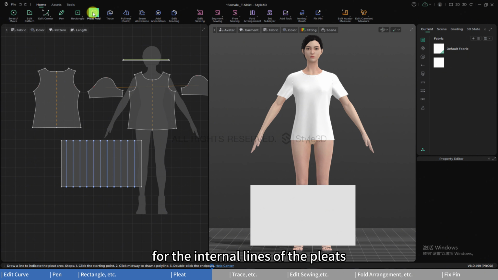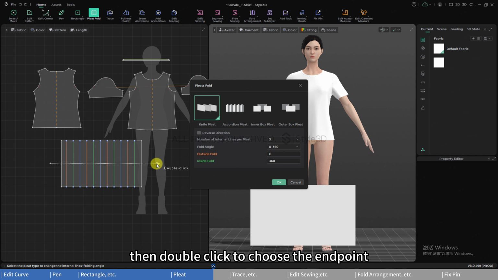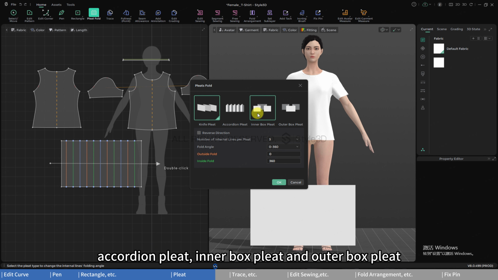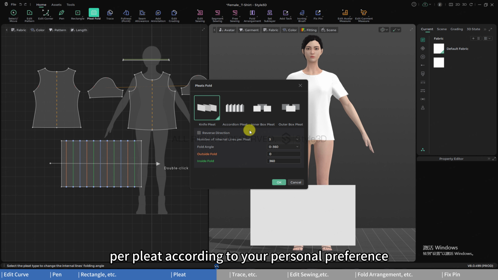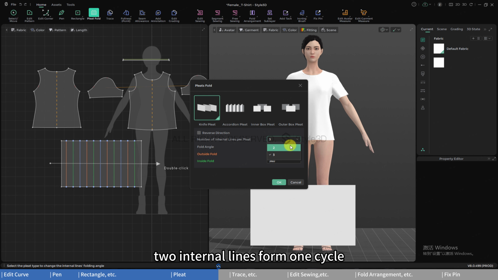lines of the pleats. For a demonstration, click the pleat fold tool, select the starting point, then double-click to choose the end point. A pop-up window will appear, allowing you to set options for knife pleat, accordion pleat, inner box pleat, and outer box pleat, as well as to choose the number of internal lines for per pleat according to your personal preference. For knife pleat, when the internal lines are not outlined at 180 degrees, 2 internal lines form